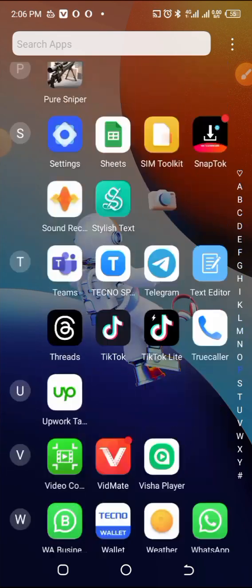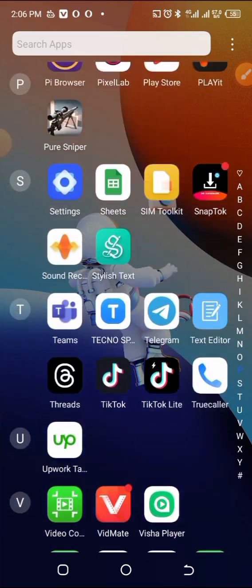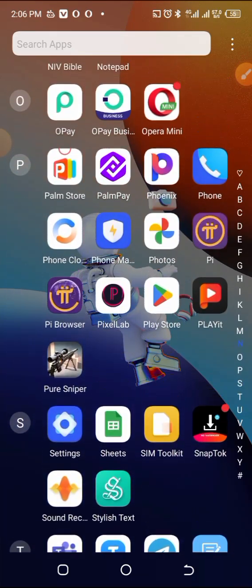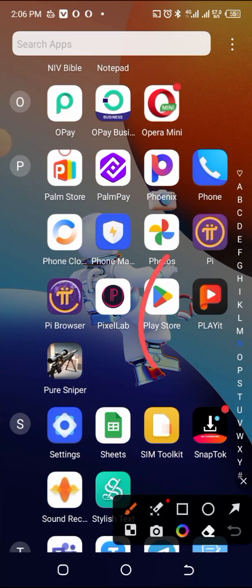All right. So the first thing you do is you go to your Google Play Store. So this is my Play Store here. So I'll go to Play Store like this. Then what I'll type